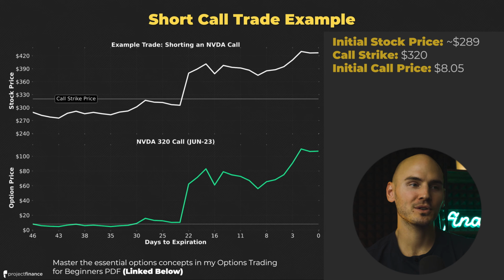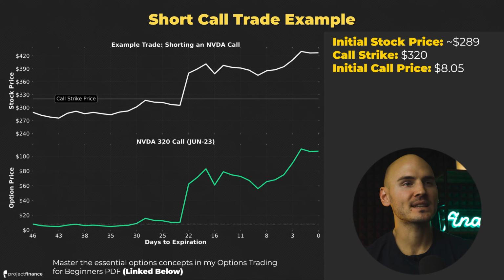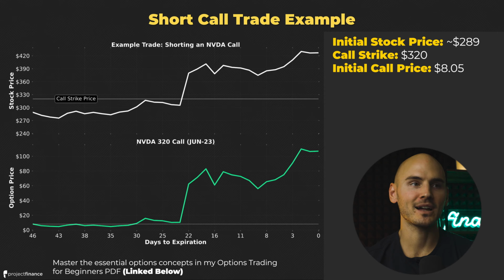In this next example, we're looking at a super big loss when shorting a call option, and this is in NVDA. In this example, we're looking at a 320 strike call option with 46 days to expiration, and the stock price was at $289.10 at the time of entry. The entry call price was $8.05, and so if I shorted this call option, I would have collected $805 into my account. Unfortunately, NVIDIA's share price went way higher, and at the time of expiration, the stock price was at